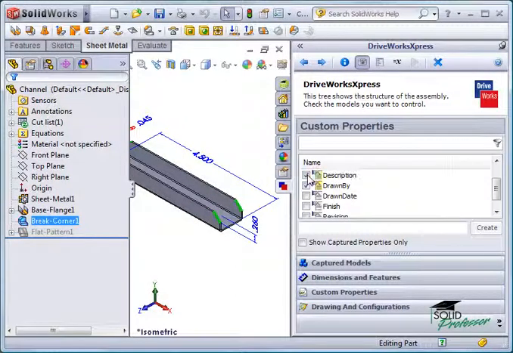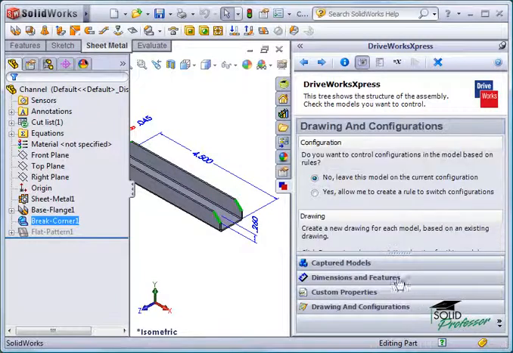I can also capture drawing and configuration data. I have the option to control configurations in the model based on rules. For example, this could be very useful if I had multiple configurations for different materials. I could create a section in the form to specify the material and have the configuration corresponding to the selected